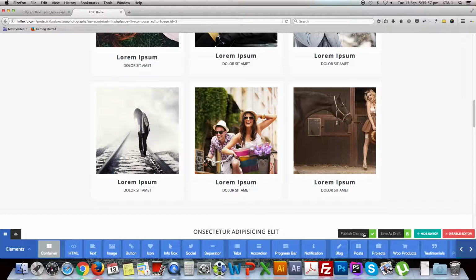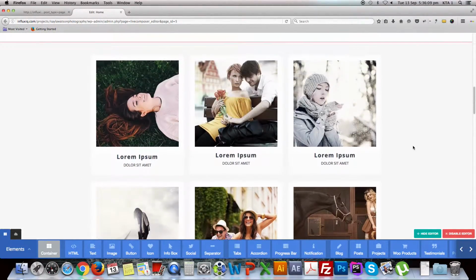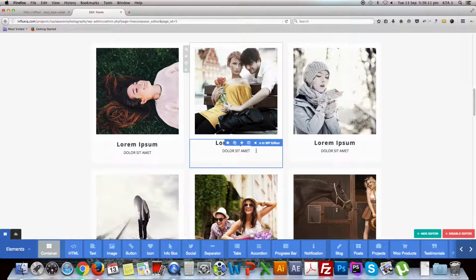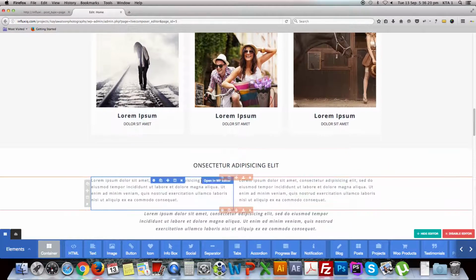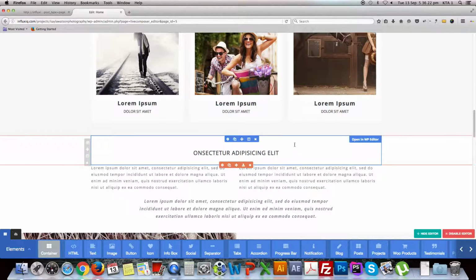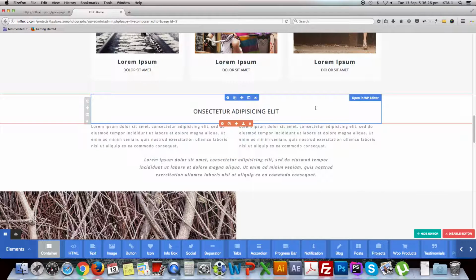Click the publish changes button from here. Similarly, you can change all these texts by clicking the open in WP editor button. For all the texts available here, you can do the same.